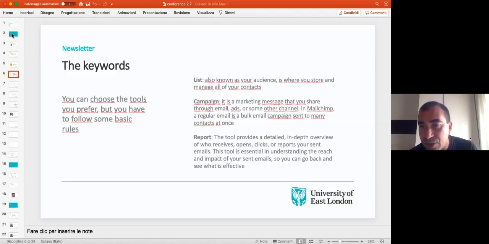We start to talk with our customer, even if our customer does not know about that. We start to know our customer. We start to understand what our customer wants. So it's quite easy, but it's a job. You need to create a list. You need to create a campaign that is an email with a lot of links and a lot of interest. And we need to read our report. So let's have a look.